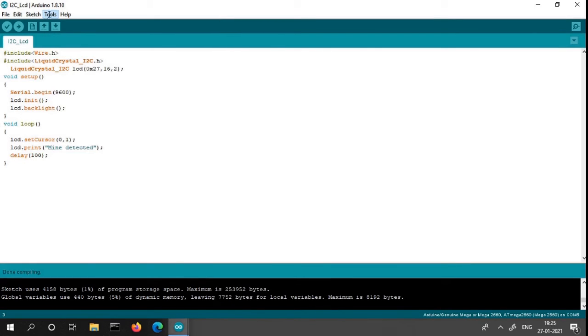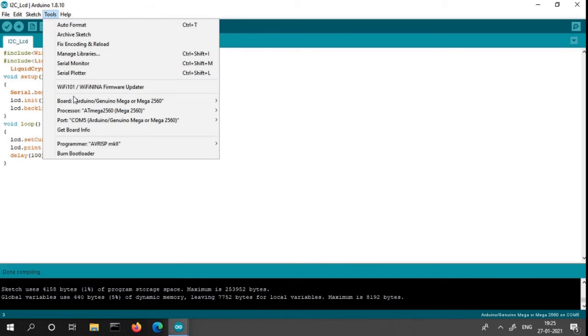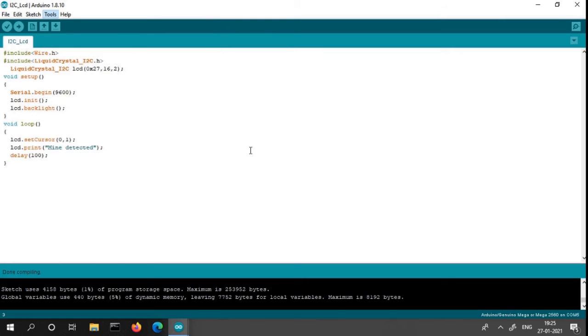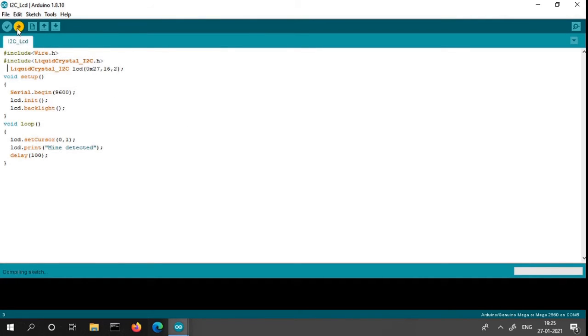Now we are going to upload it. I have selected the tool I use, meaning the controller and the board I am using. Then I provide the port I have set. Then I upload it.